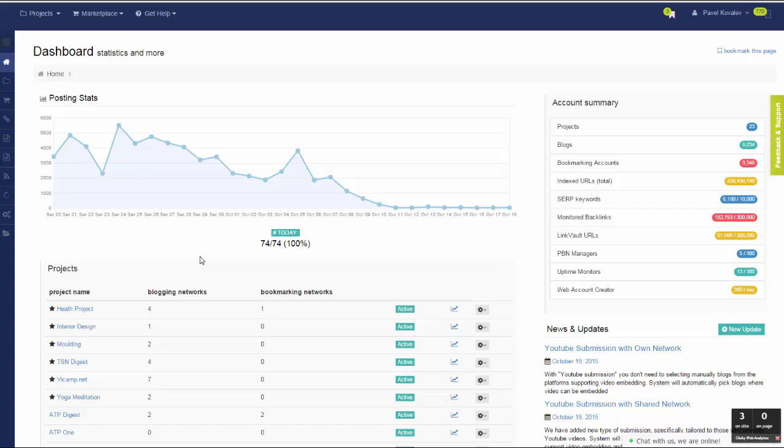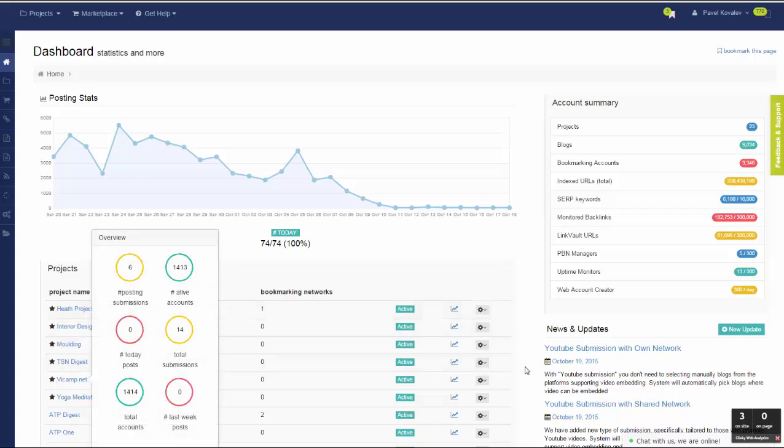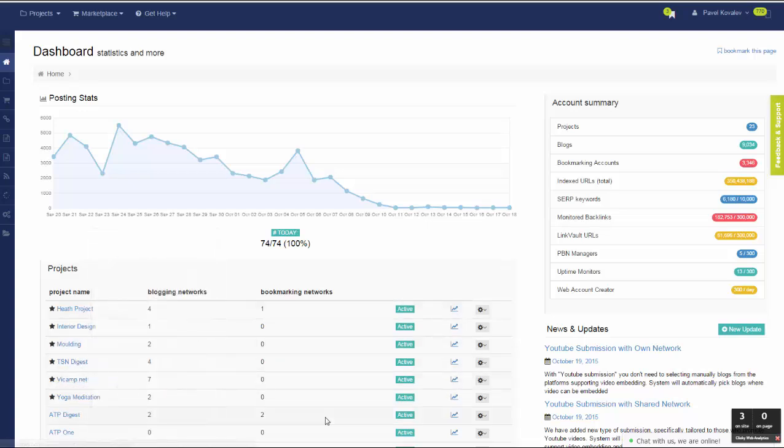For example, I can post a video on my own network and backlink it on a shared network, or post on the shared network and backlink on a shared network, and so on in any combination. For this use case, I'm going to show different types of networks, although it's very similar. You can figure it out for any other combination. So I'm going to post the video on my own network and backlink in the shared network.